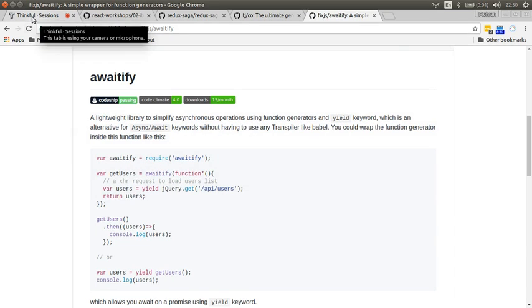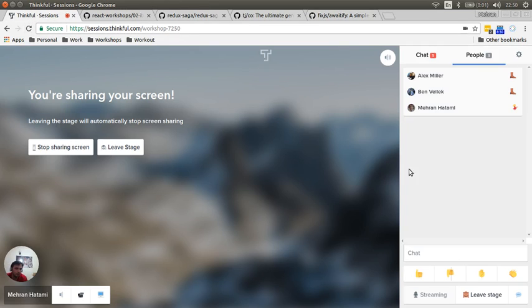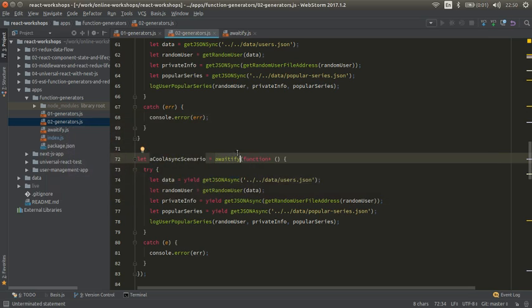Okay, let's see if we have any questions. Okay, so far so good. So I guess now you have a better understanding of generator functions and the way they work and the way that we could get the most out of them. It's not the only use case,